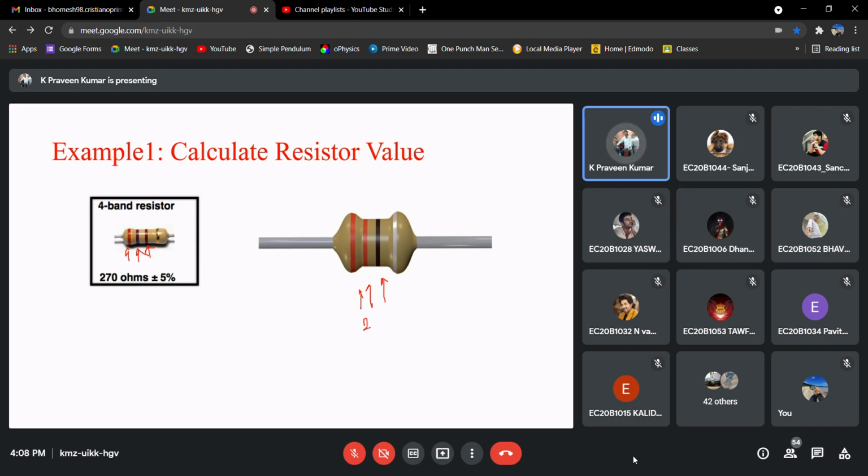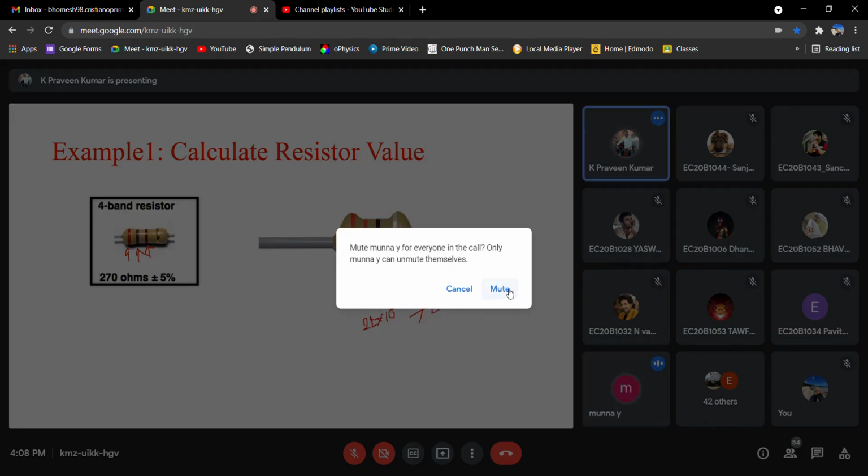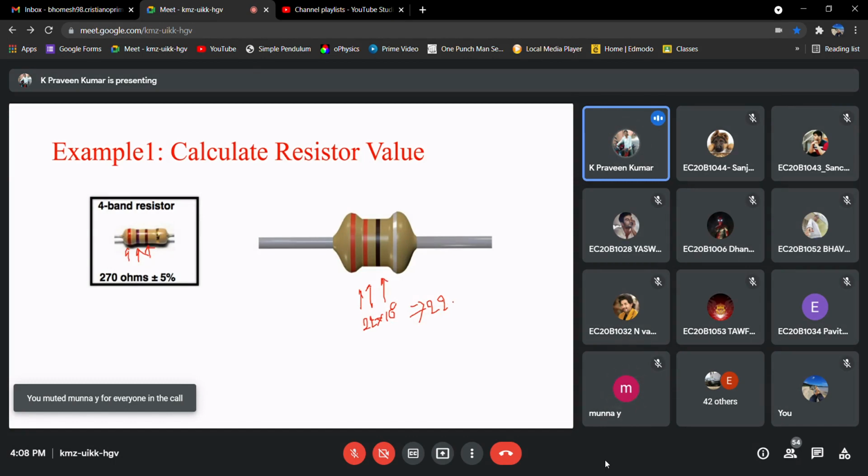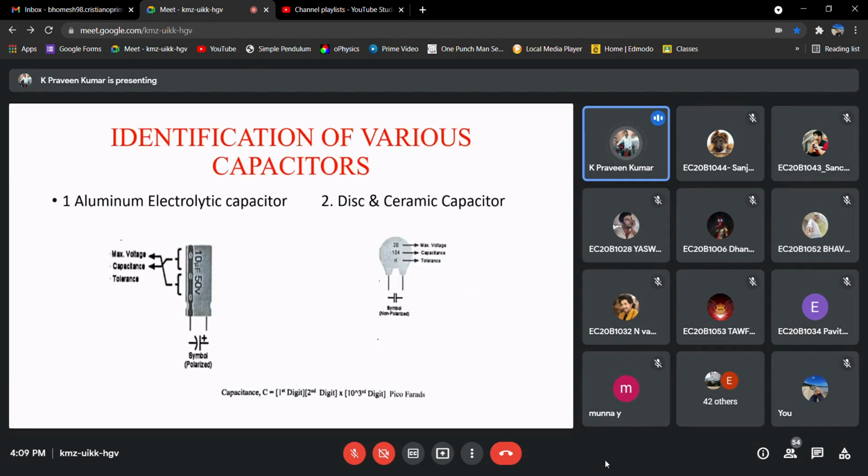Red is for 2, again 2, and what's for black? Black is for 0, so this value is 22 ohms, right? This is the way we can calculate the resistance.